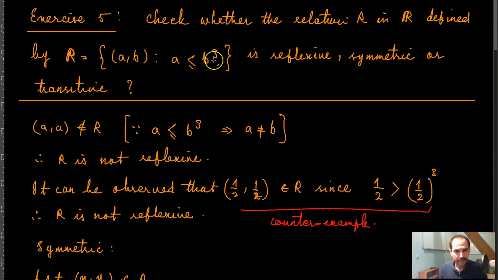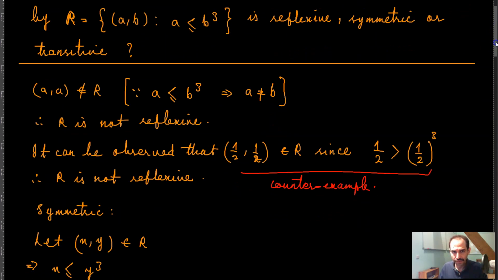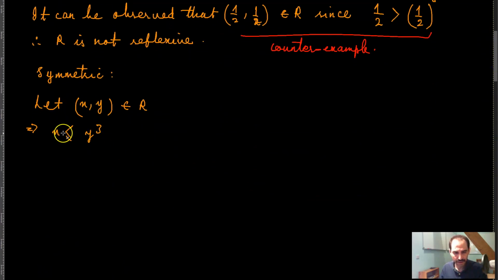That means that x is less than or equal to y cubed, right? And in order to show that R is symmetric, we need to show that (y, x) also belongs to R, meaning that y is also less than or equal to x cubed. Which is not possible, because when x is less than or equal to y cubed, then,